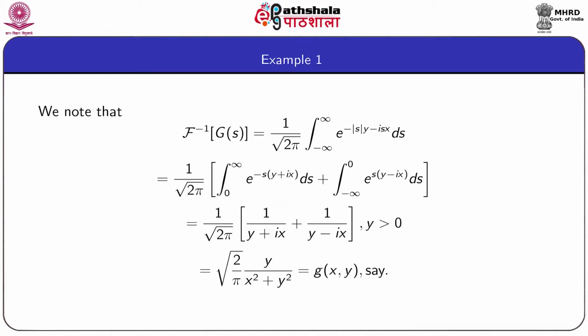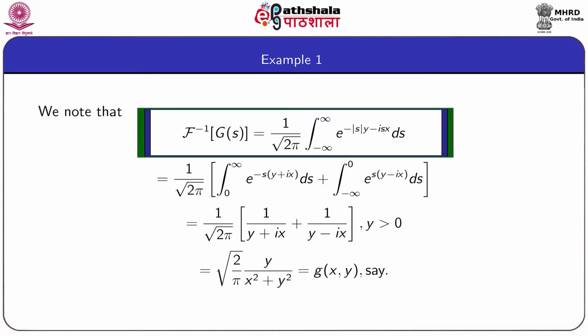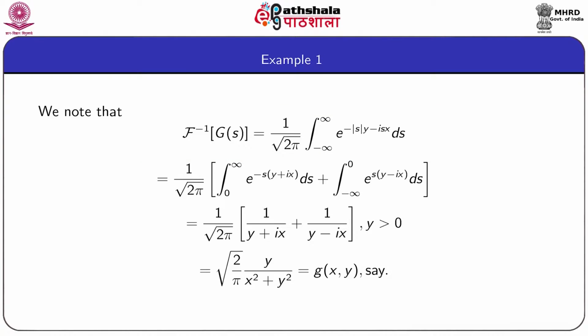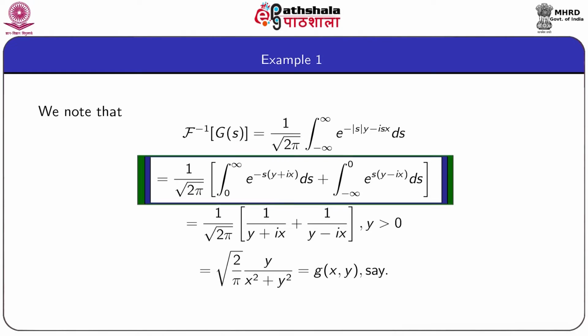So, Fourier inversion of capital G(s) is given by 1 by root over 2 pi, integral from minus infinity to plus infinity of e to the power minus |s| y minus i s x ds. Now we break the integral from minus infinity to plus infinity into two parts, that is minus infinity to 0 and 0 to infinity, so that the Fourier inversion of capital G(s) is given by 1 by root over 2 pi into